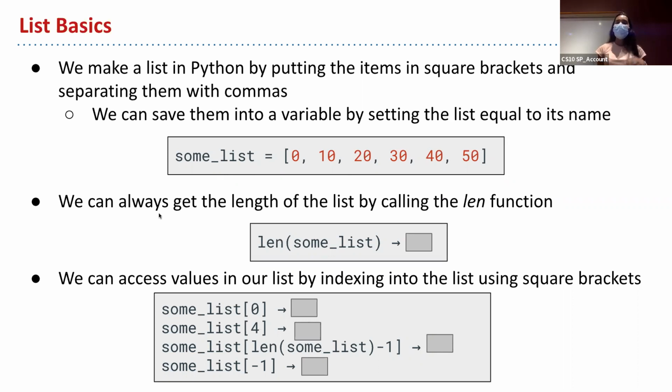And then we can always get the length of a list by calling the len function. So len, and then if you open parentheses and put a list inside of it, it'll tell you the length of that list. So it's kind of like that length block in Snap, but in Python, it's just called len. So what is this going to output if we say len of some list? And this is our SUMList.